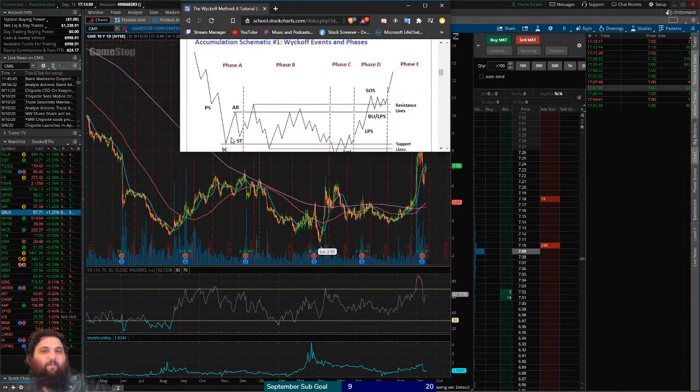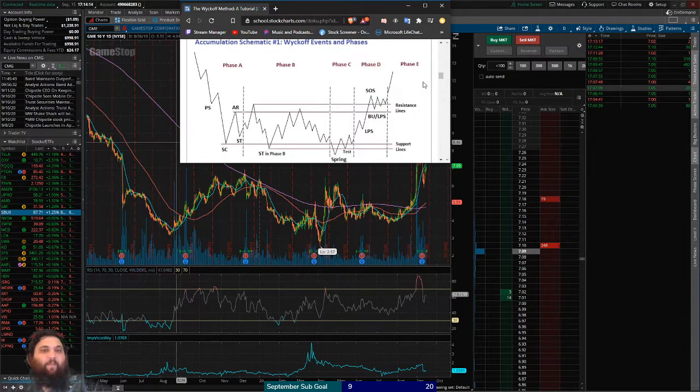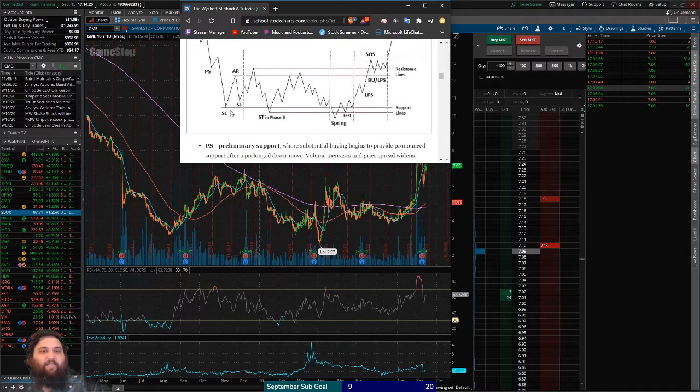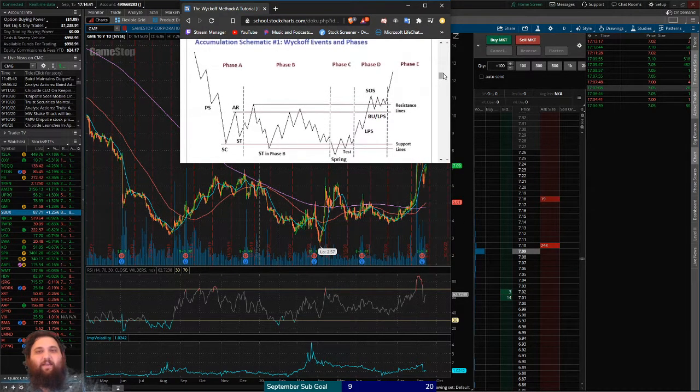Here's the thing. When this is setting up, now that that's all passed, you can really pretty clearly see, right? You have your second... I can't remember what this is called. Selling climax, sorry. I was thinking second test. So your selling climax, you kind of see the automatic rally building. You can see that second higher high. You can see your STB here. You can see move up. You can see a spring form, your final phase, and then we kind of have our phase D price action